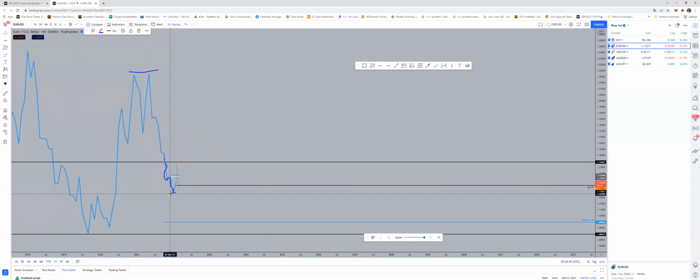As you can see, we close below. This is our high, this is our low. So this can be a correction for more downside momentum. So that's what I can see. If I go back to the candle chart